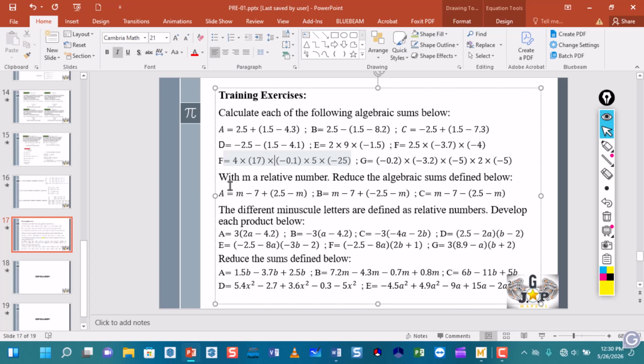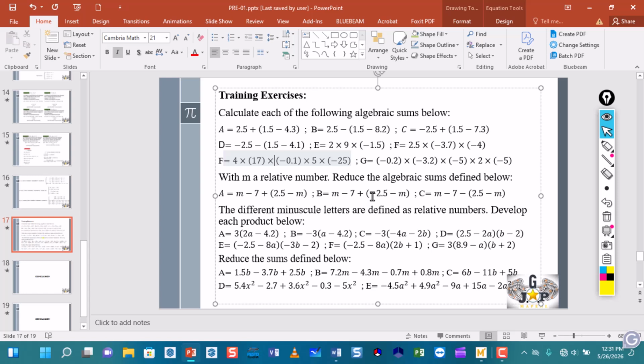Let's go to the second one. With m a relative number, reduce the algebraic sums defined below. So m is a relative number, meaning that m is a number, but in this case the substituent is not given. The substituent is m. M is not given. M might be 1, 2, 3, 4, 5, 6, 7, any number, but in this case m is not attributed. It's not assigned to the exercise, but it's considered as part of the expression, meaning that